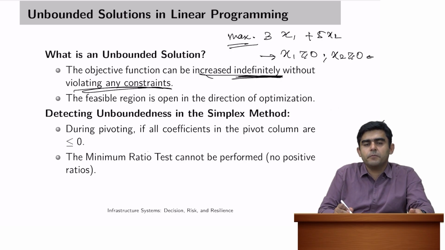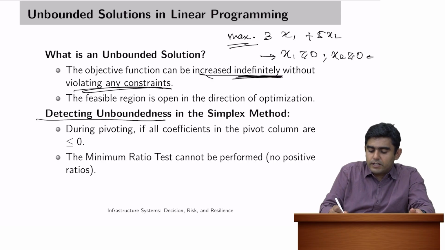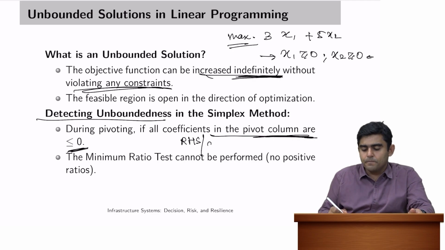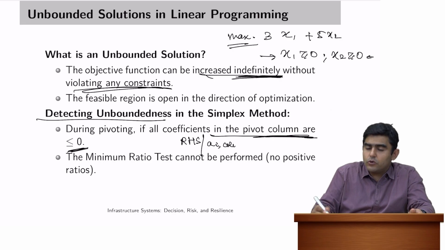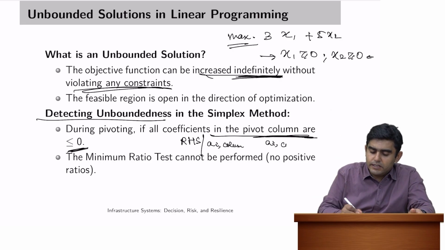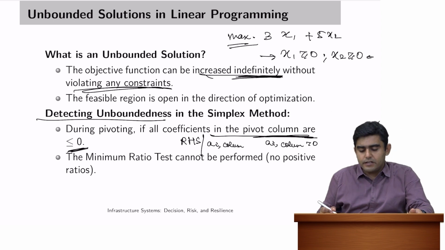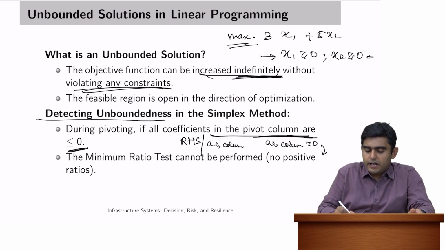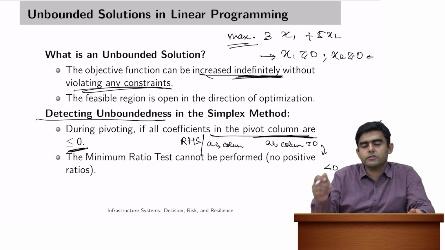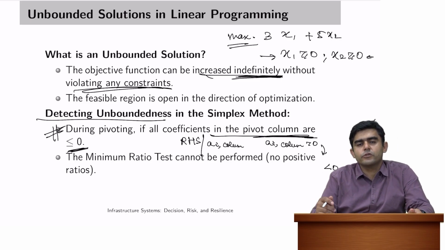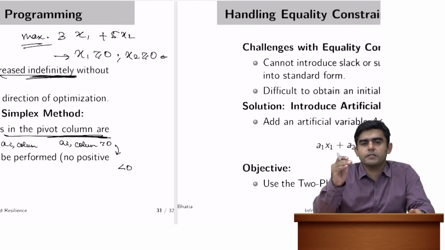Then you cannot do the minimum ratio test, because for the minimum ratio test we need to have the RHS divided by the coefficient in the pivot column. But this ratio can only be taken if these coefficients are greater than 0. If all of them happen to be less than 0, then it is guaranteed that there is an unbounded solution and the minimum ratio test cannot be performed, because nothing is forcing your variable to hit 0